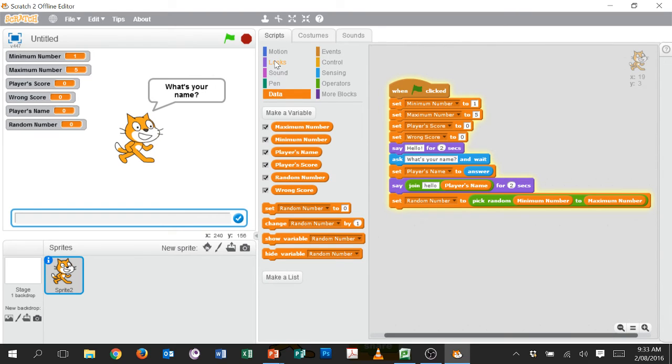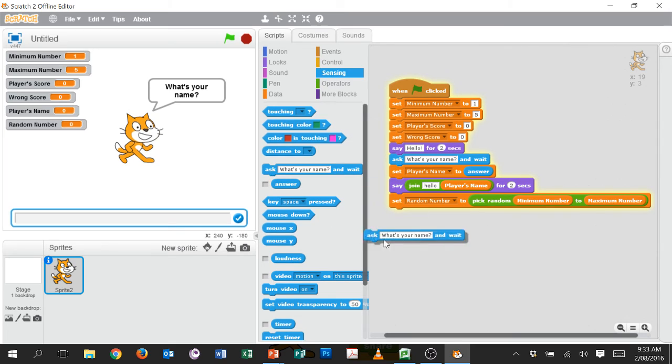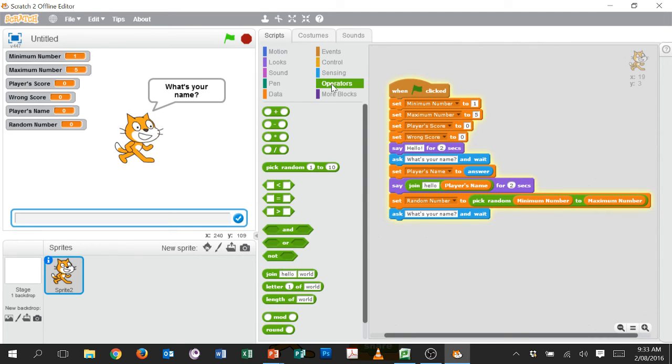Then I'm going to say, using sensing, ask to guess a number between. Now I'm going to have to join some parts together again here. I'm going to have to use a few of these. So I'm going to put a few spares over here. I'm going to say, guess a number between